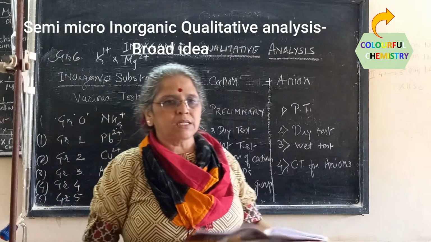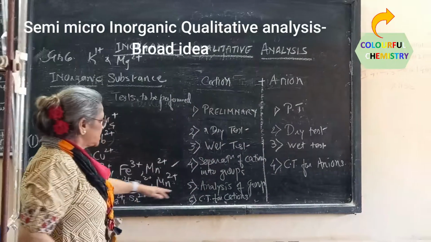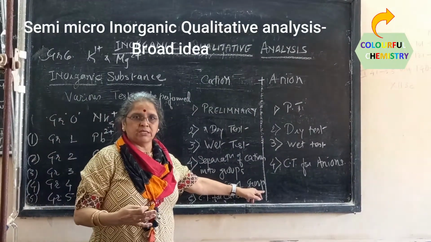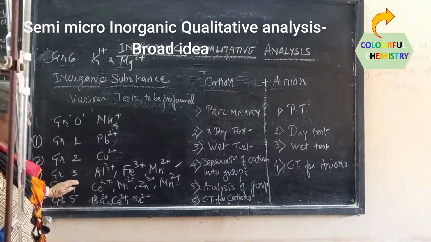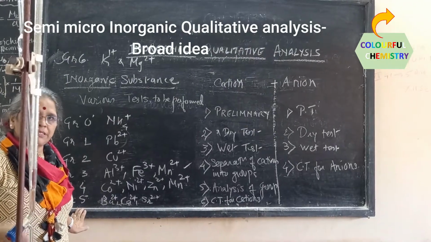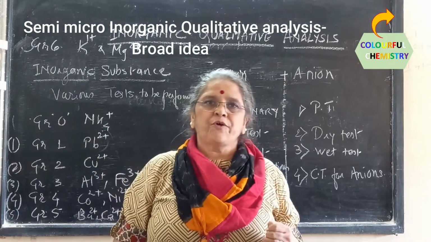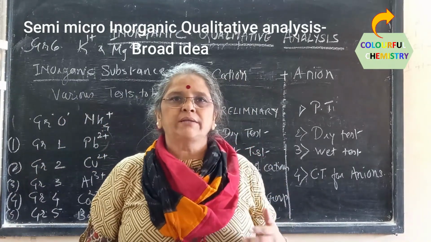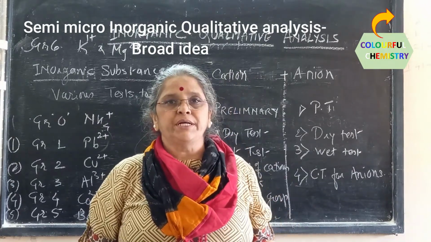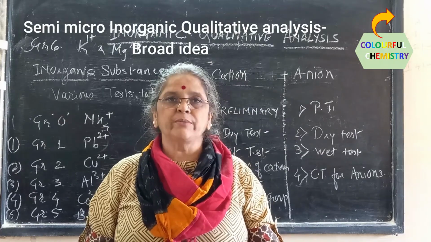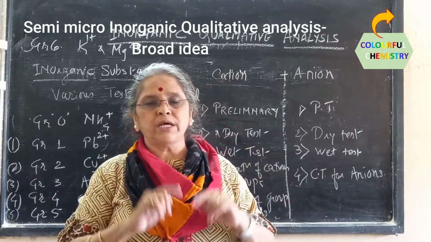So these are the series of tests, and the moment we get the group, we have to do analysis of that group, whichever group we get. Suppose more than one cation is present in a particular group, like in groups 3, 4, 5. Out of these, you need to shortlist which one is present. For that we perform some more tests to identify which cation is present, and then do the confirmatory test for that particular cation. That's how you confirm the presence of a cation and an anion. So once you determine the cation and anion present, for example,